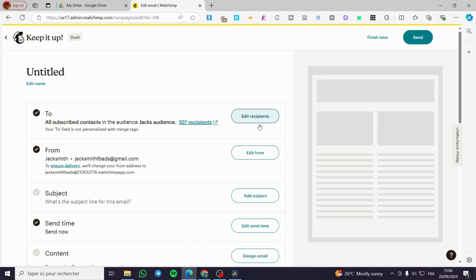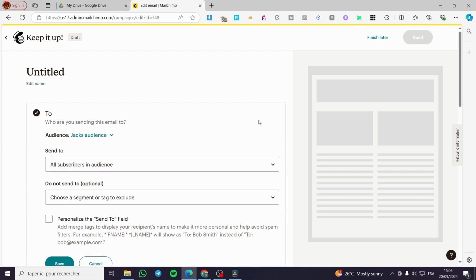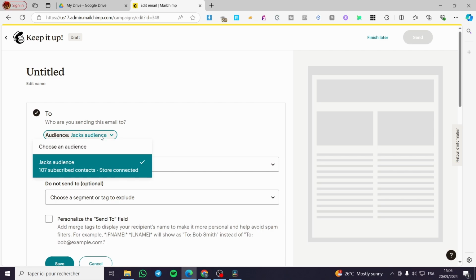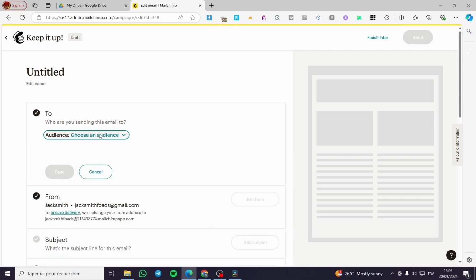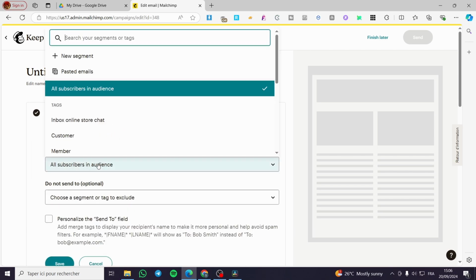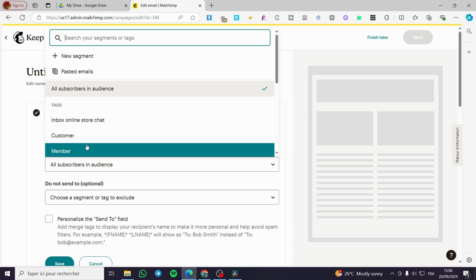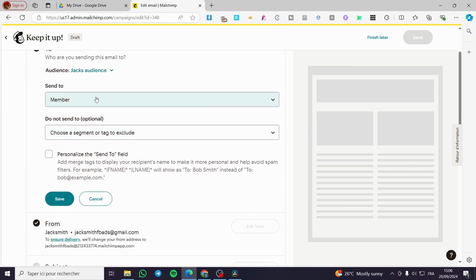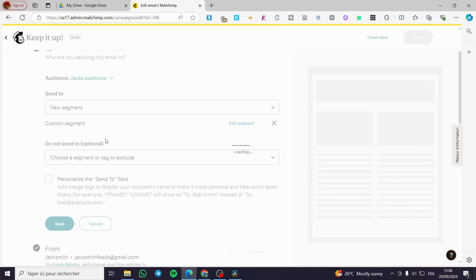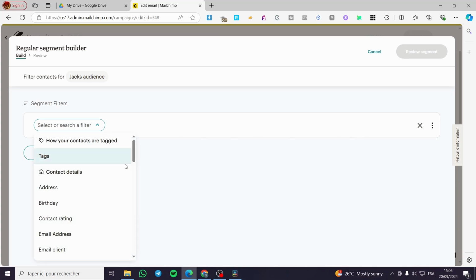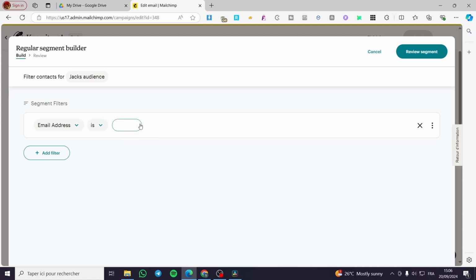The thing right here that we need to do is set up the audience. For example, here you are going to choose an audience. So we are going to add it to member, for example. Then we are going to add, for example, a new segment. You are going to create a new segment. So we are going to put here only email address is, for example, Jax